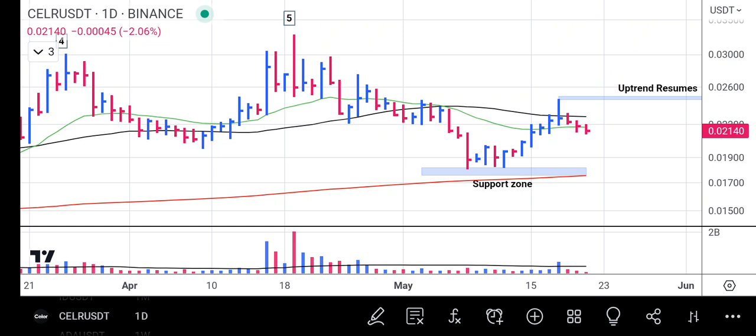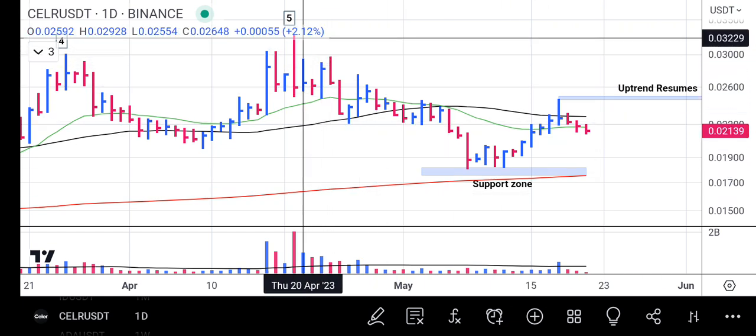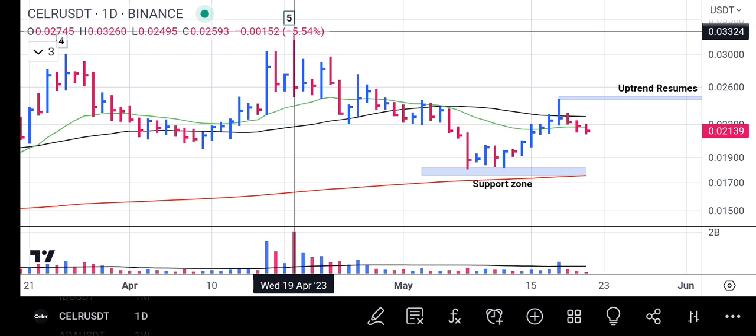Today I will be doing analysis on Celer network. I'll be starting my analysis from bottom to the top, and I'll be starting from point 5. When you look at our chart, at point 5, that was the last resistance zone made by Celer network, and